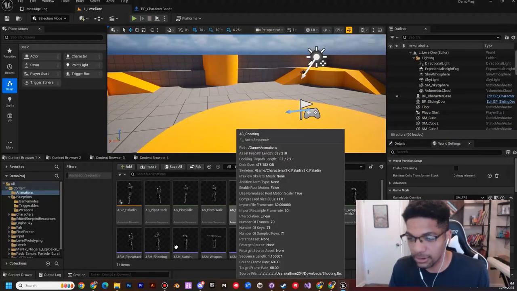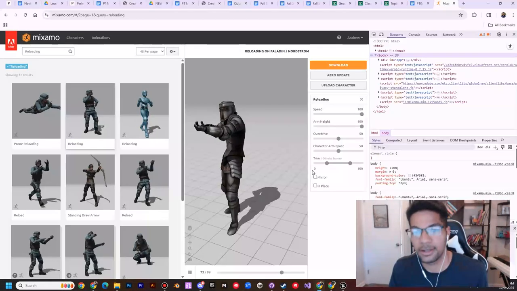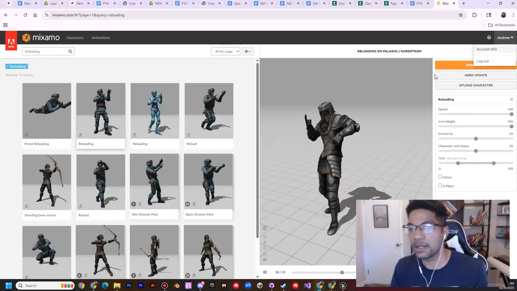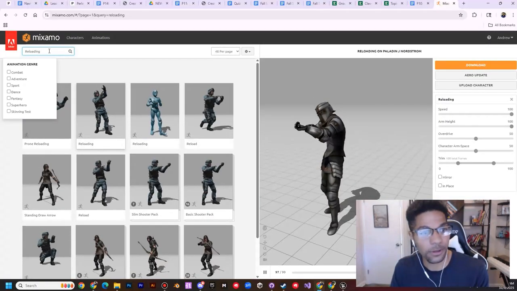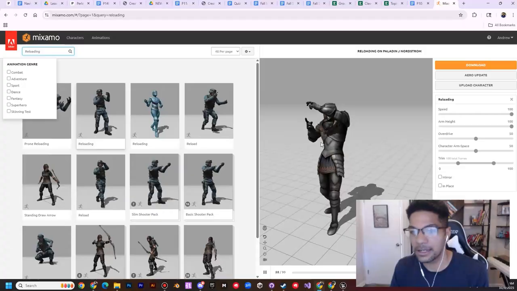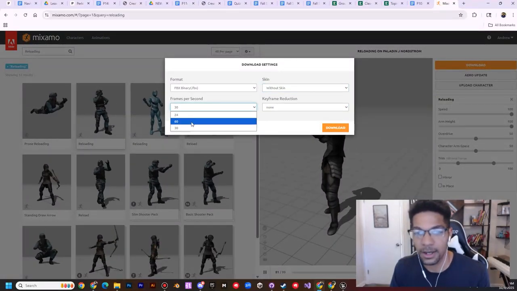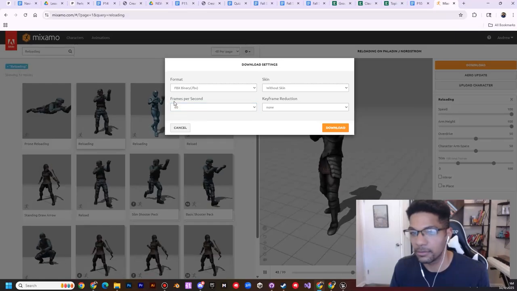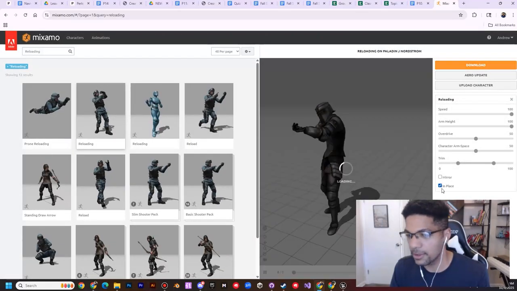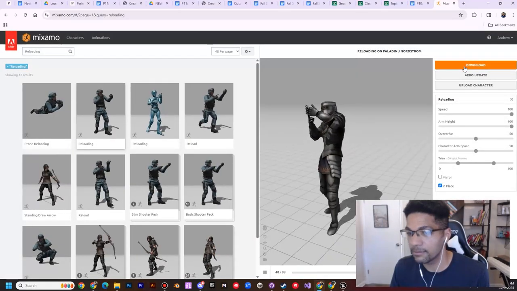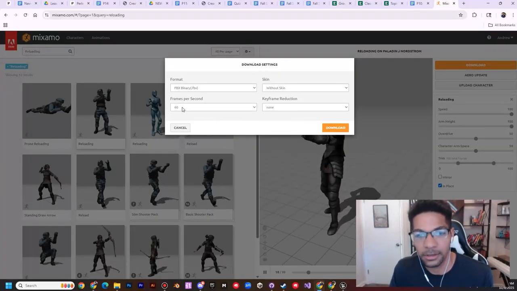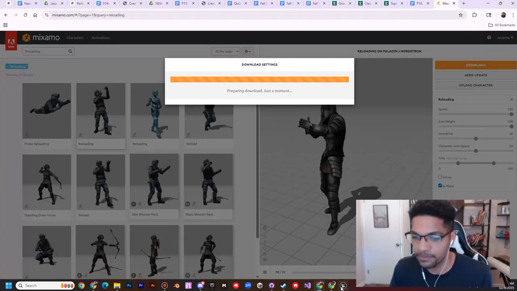Just like with the last video, I'm going to start by getting everything we need. For this one, all we need is a reloading animation. So I just searched reloading in Mixamo, and it looks like he's reloading a rifle here. Close enough. I'm going to download it. I don't know why I would need to check in place, but I'm going to check it. He's not actually moving forward or anything, but